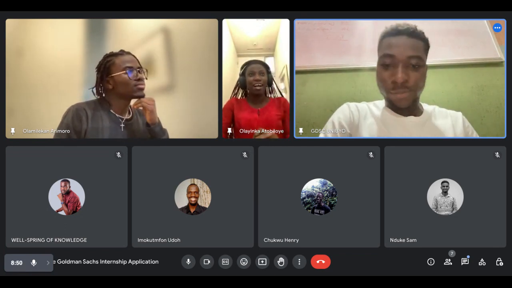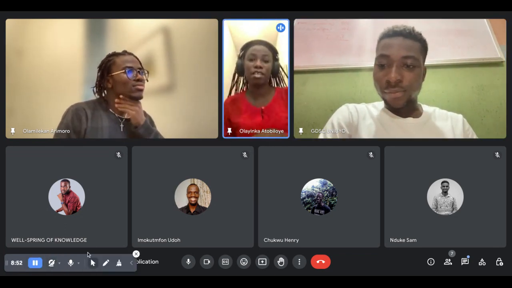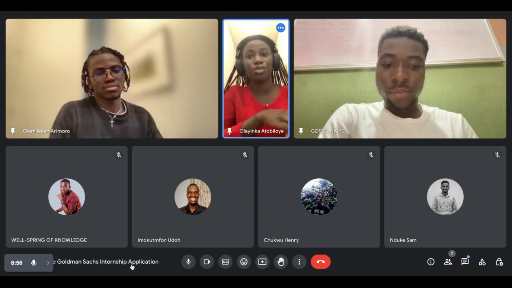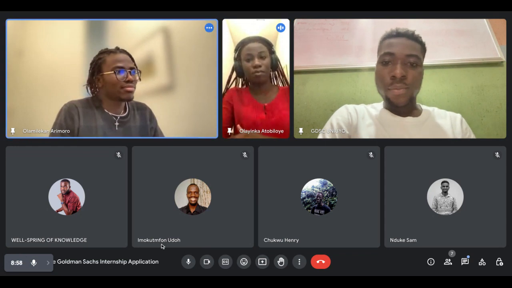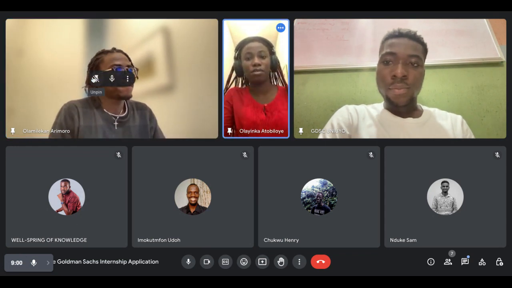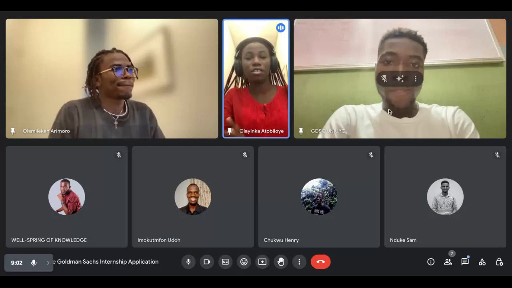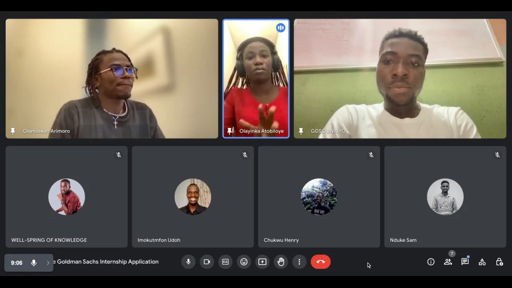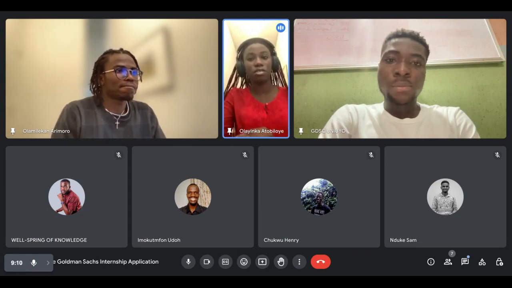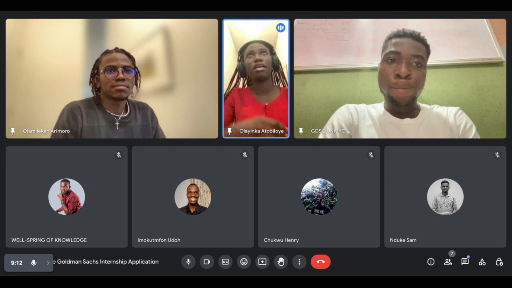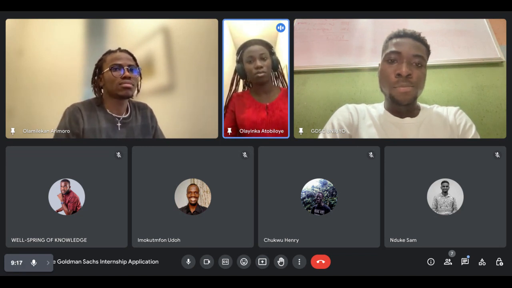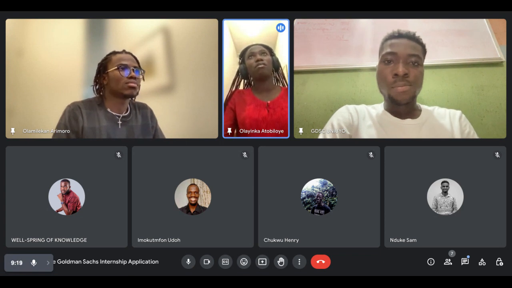Basically, the internship is a summer internship, which means you come over to the firm in London, in the UK actually. It could be London, it could be Birmingham, for a period of 10 weeks. The internship runs in the summer, which means it usually starts around June and ends around the end of August, beginning of September.